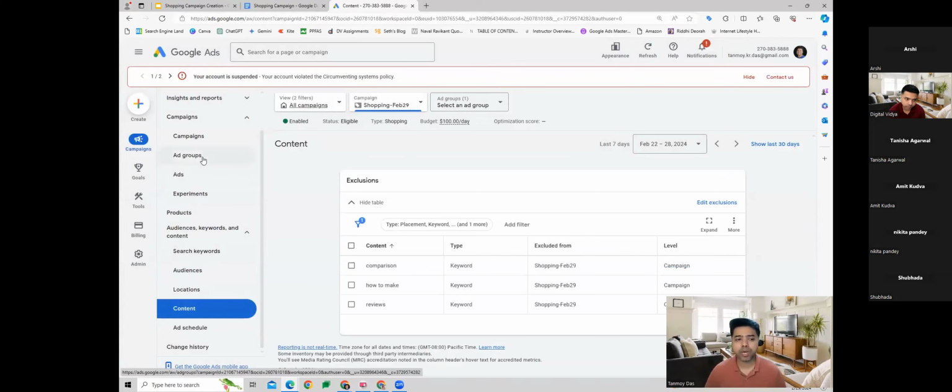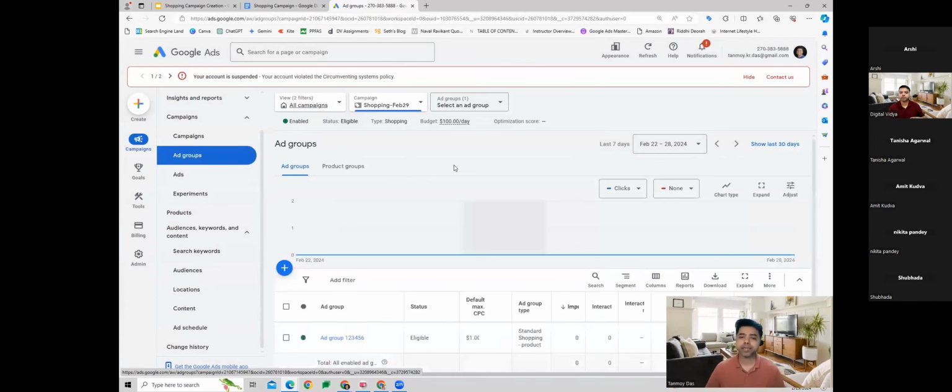So this is how our shopping campaign gets created. We don't need to create the ads over here, since the ads will automatically get created from the spreadsheet we had provided in our Merchant Center account. Google will take all the details from there, put them all together, and build out the ad for us. I hope this makes sense. And now you understand how shopping campaigns get built in the Google Ads platform.